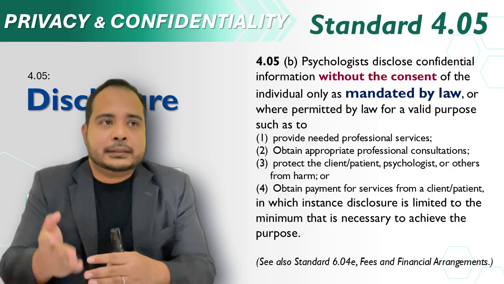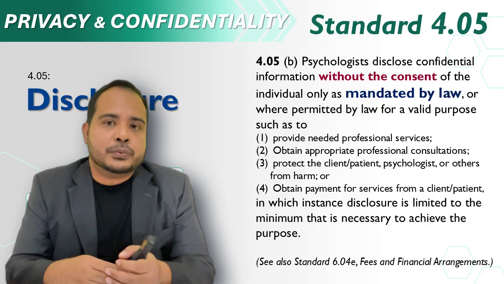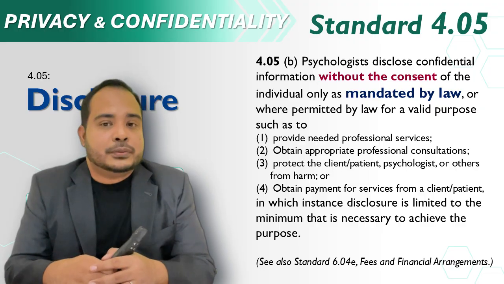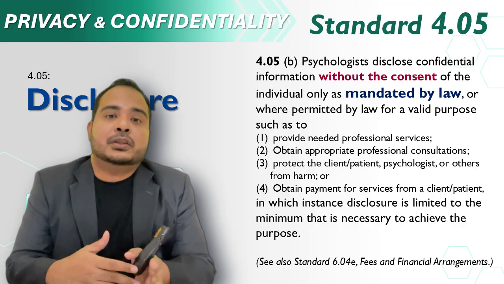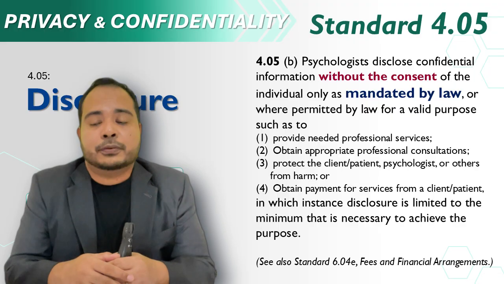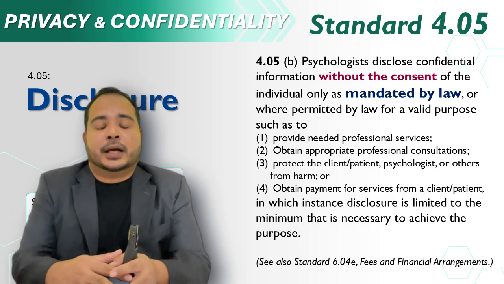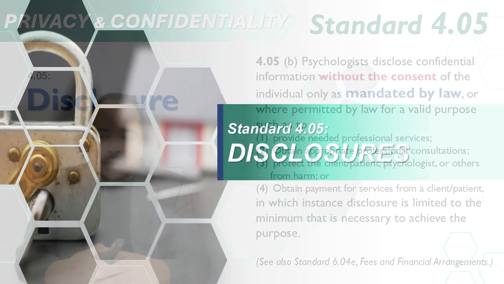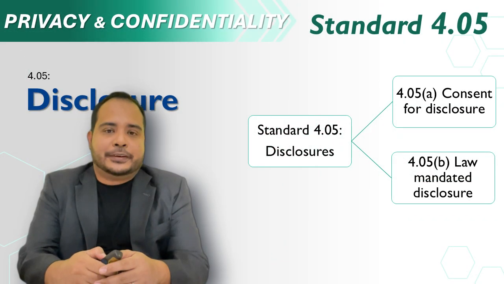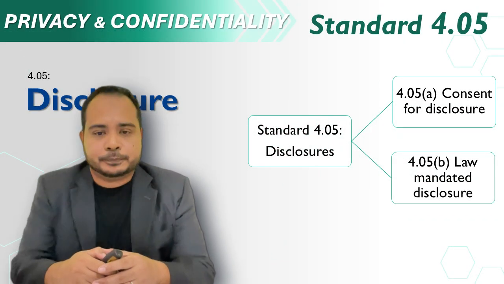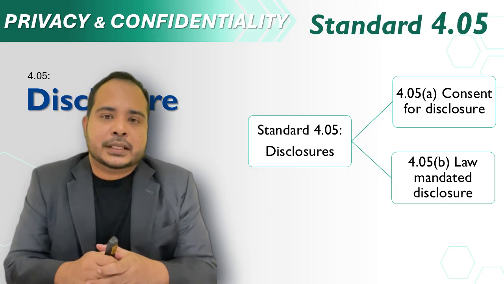On the other hand, conversely, failure to disclose may also result in risk. It can lead to harm and may lead to ethical violation, especially if the law requires us to disclose information or the court orders us to disclose the information. So in a nutshell, these two substandards, standard 4.05A and standard 4.05B, ensure that confidentiality remains